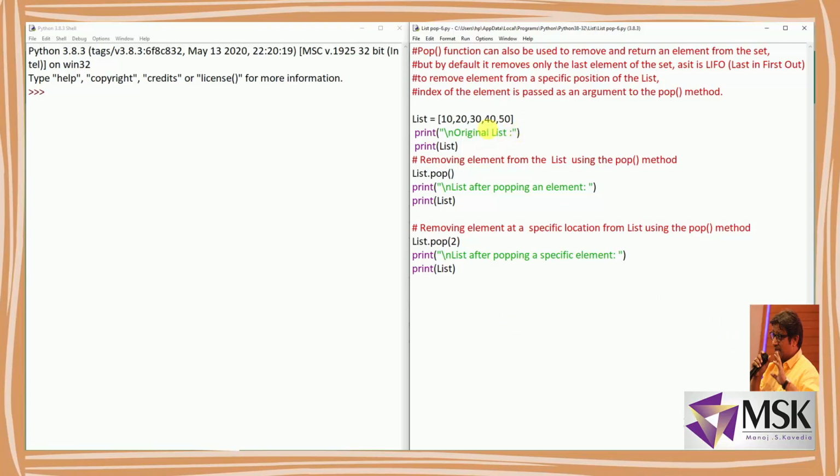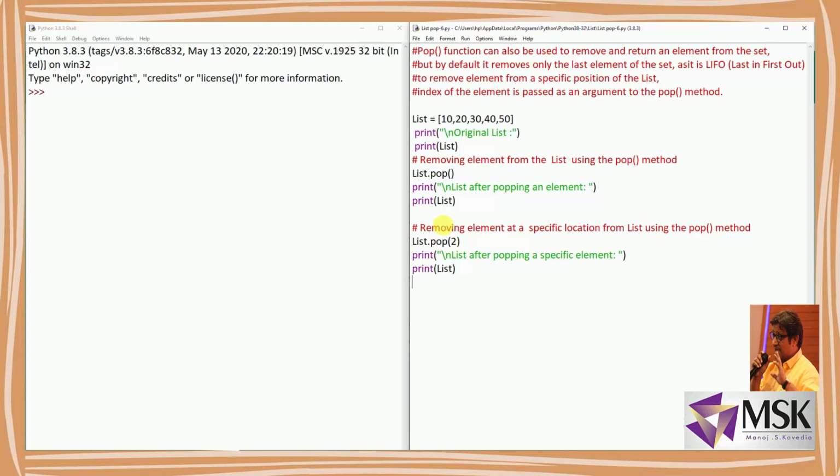I am trying to remove an element with pop, and if I pass the index, then that particular element will be removed. So pop also works in two ways. If I don't specify the index, it will remove the last element, and if I specify the index, then it will remove only the element at that particular index.